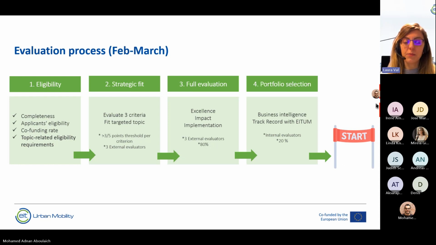And how feasible, for example, is it to achieve a TRL 9 by the end of the project, things like that. They will also evaluate the impact that this project is going to have in terms of KPIs and outcomes. They will also evaluate the dissemination and communication plan, the exploitation plan, and finally the implementation of the project itself. Here we are going to evaluate how the budget is allocated, how the tasks are allocated,